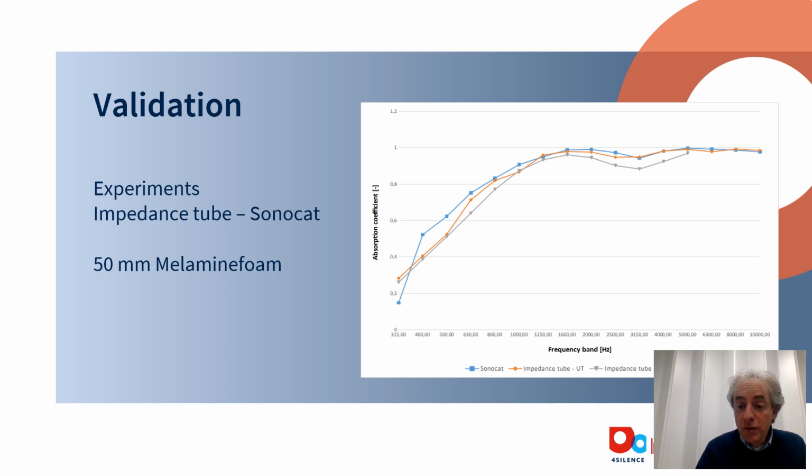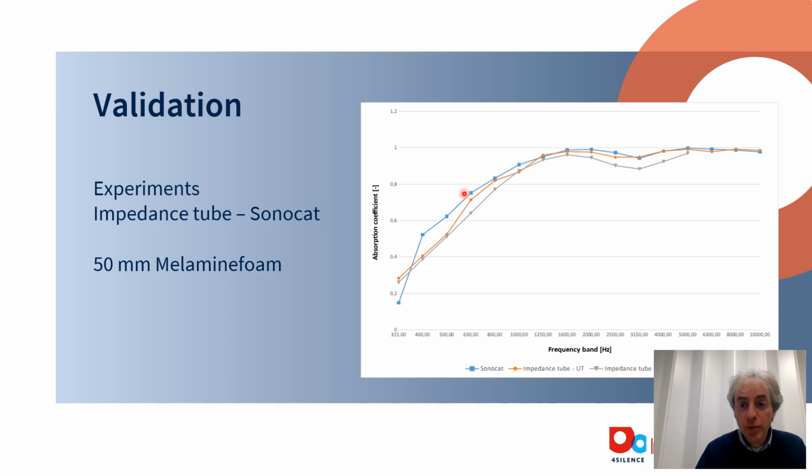And now some words about the validation of our method. We did experiments in an impedance tube, and we have impedance tube results from the manufacturer of this 50 millimeter melamine foam. You see here the results of the Sonocat in blue. For that Sonocat experiment, we put the melamine foam in an office onto the floor, put the Sonocat just on top, and started to make noise with the loudspeaker about 2 meters above the melamine foam, and we got exactly similar results